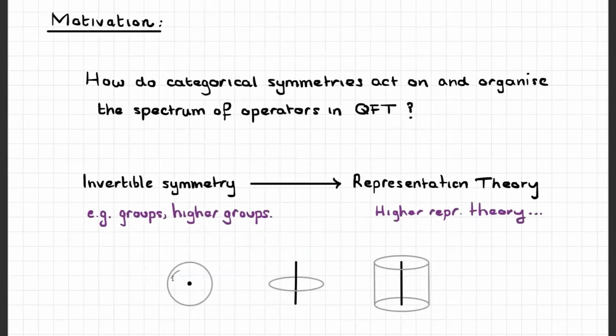Well, let me begin with an introduction. The basic question that we'd like to ask is, if we have a quantum field theory with some categorical symmetries, then how do those symmetries act on and organize the spectrum of operators in the QFT? By operators here, I mean very much not just local operators, but also extended operators supported on lines and surfaces and so on, and moreover, operators that are not themselves topological. So we're interested in genuine operators or defects in quantum field theory, and how the symmetries act on